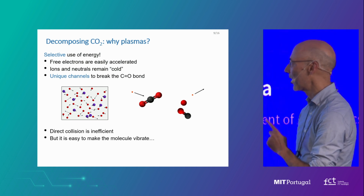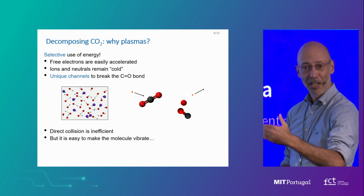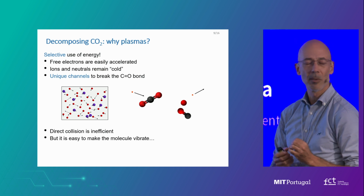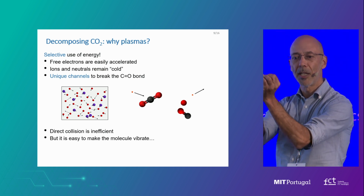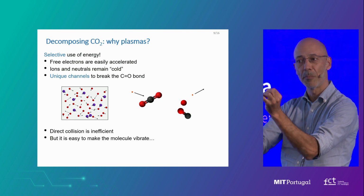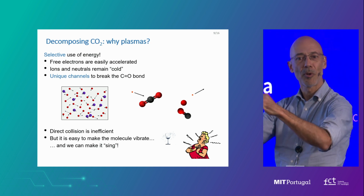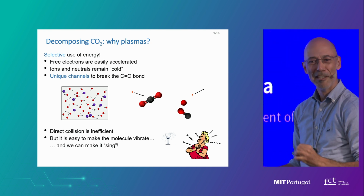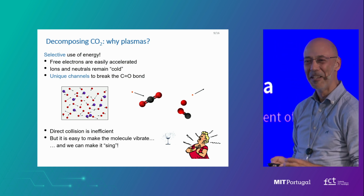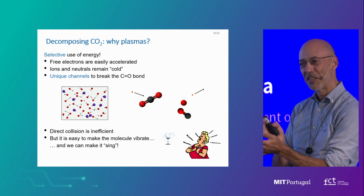Because this process is very inefficient from the energetic point of view. It starts things, but it's not enough. But it's very easy and very efficient to make the molecule vibrate. So the electrons collide and leave the molecule excited. They can also produce electronically excited states, but they can be vibrating. And then if we are clever enough, we can increase the amplitude of vibration until the molecule dissociates. So the process is actually not a resonance process like it's represented here, but the image is so strong that I always like to show this picture so that we keep in mind that this is not a direct process,